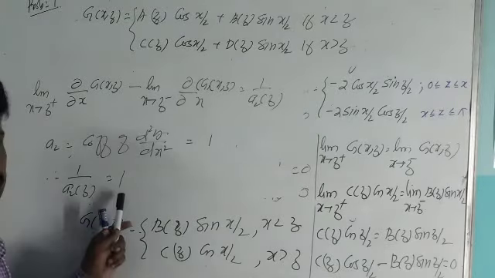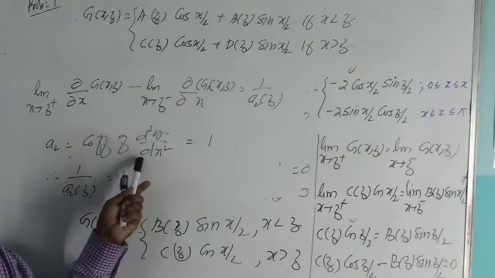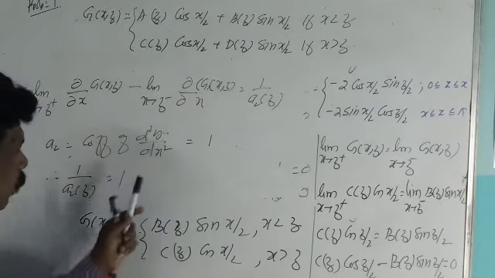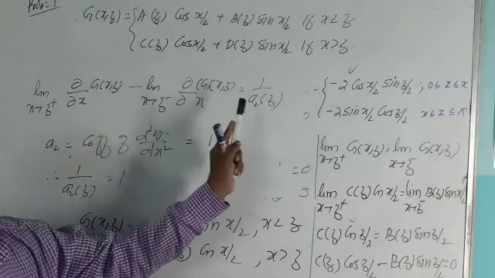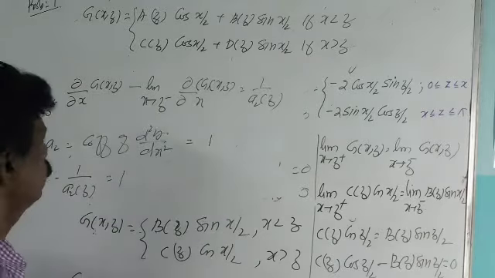1 by a2 is equal to 1. 1 by a2 means it is the coefficient of d square y by d x square, which is equal to 1. That is, 1 by a2 is equal to 1. Okay. So we can write